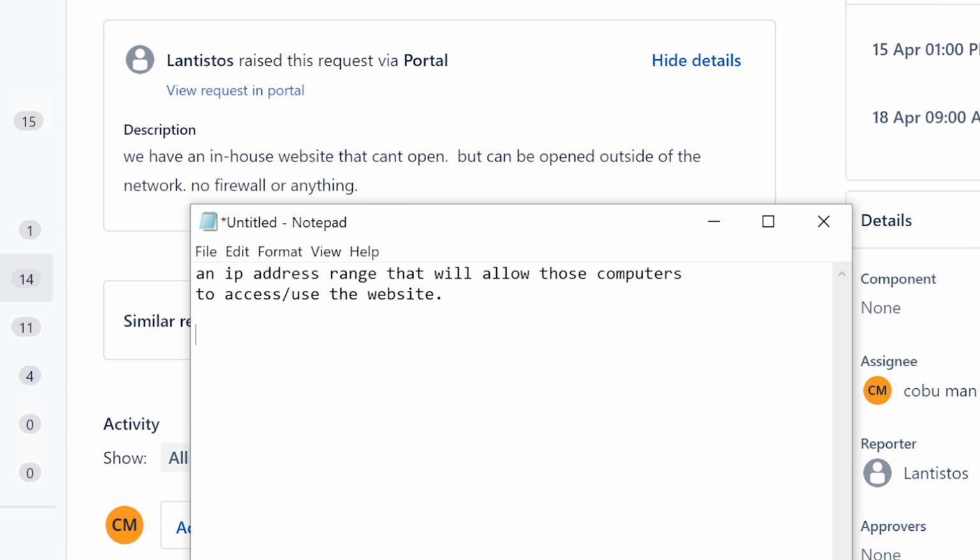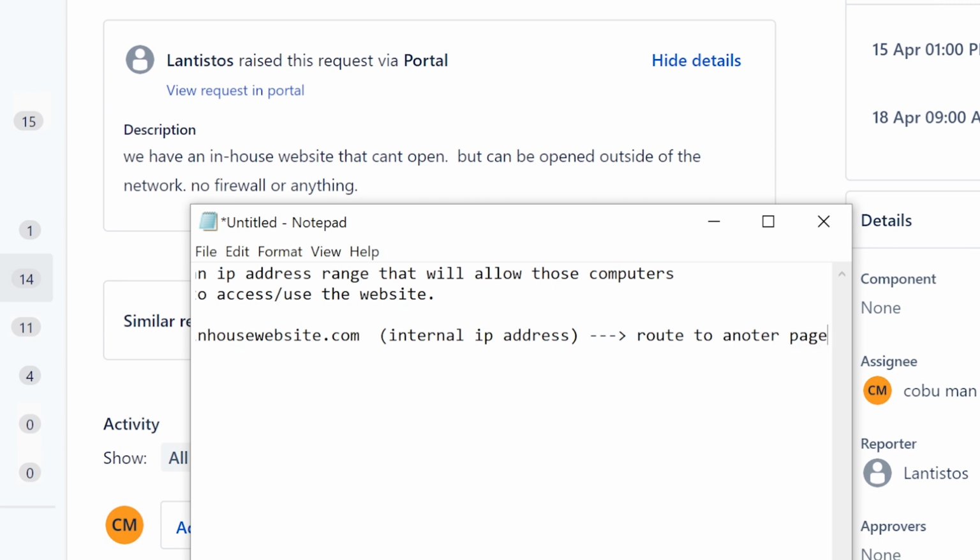Like for example, if you go to this website, let's call it inhousewebsite.com, and it's set up so that it can tell which IP you're coming from, and if it's an internal IP address, meaning in-house, your business network, and there's a rule that says if you get this internal IP address trying to access this website, it might route to another page.